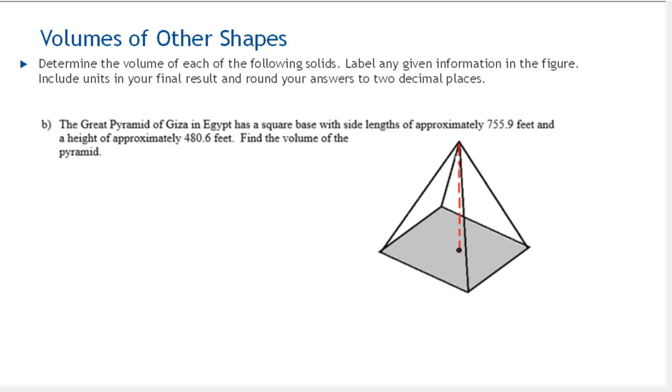Let's look at our next shape. The Great Pyramid of Giza in Egypt has a square base with side lengths of approximately 755.9 feet and a height of approximately 480.6 feet. Find the volume of the pyramid. Okay, so here's a diagram of a pyramid. This is the square base, and it says its side lengths are